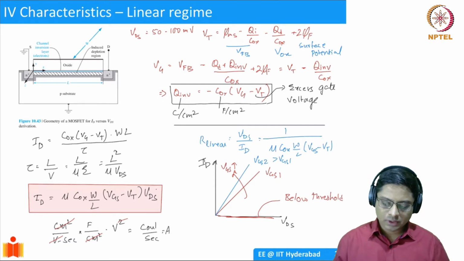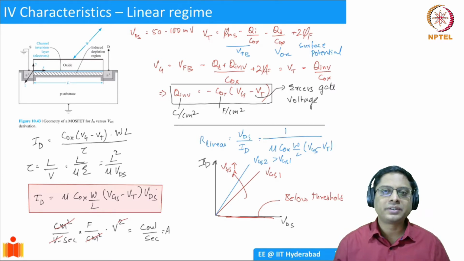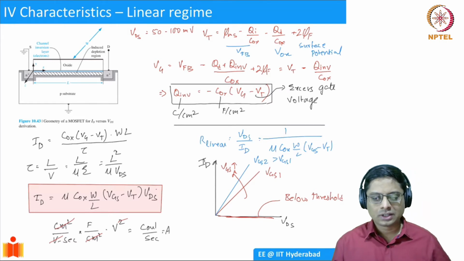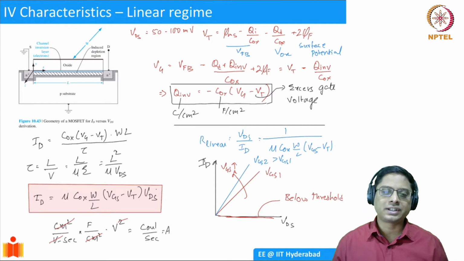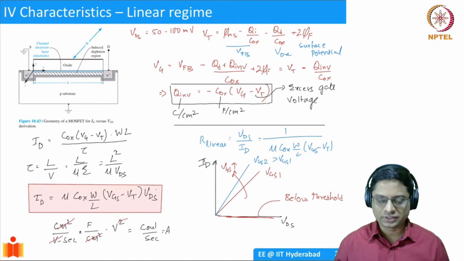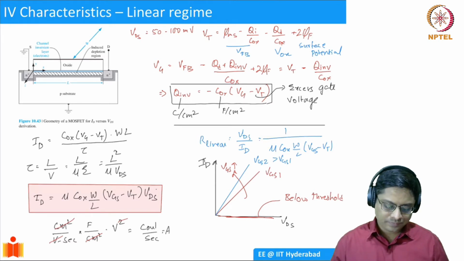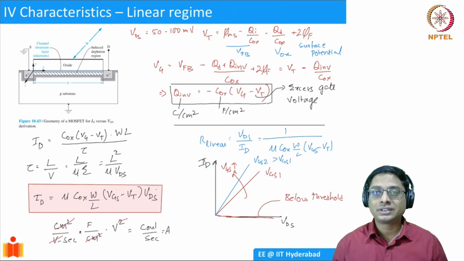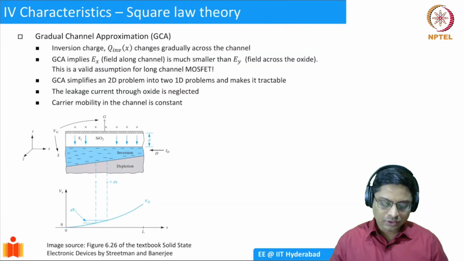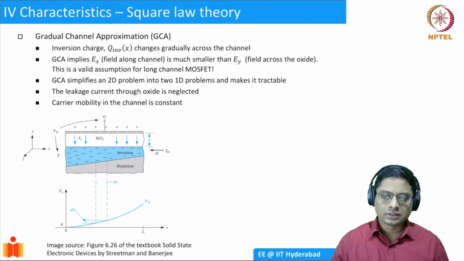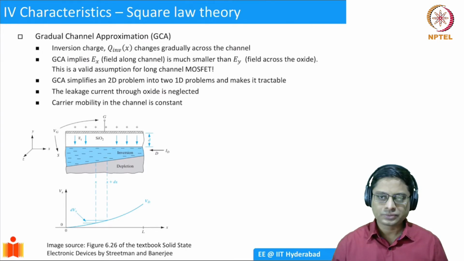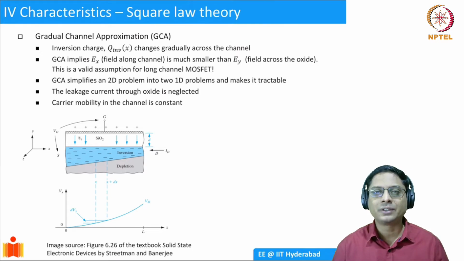So we didn't really do much in this. We just understood the relation between the inversion charge and the gate voltage, and from that we derived the expression. But towards the end of the last lecture, I mentioned that if VDS is large, then we are entering the saturation regime, where something else happens. What we said was the channel gets pinched off. Some of you might not be very comfortable with pinch off even now, because it takes a little bit of time to appreciate it.